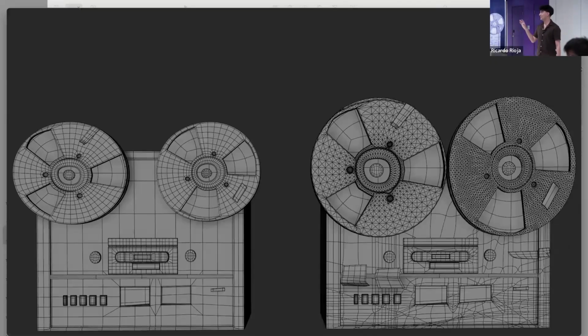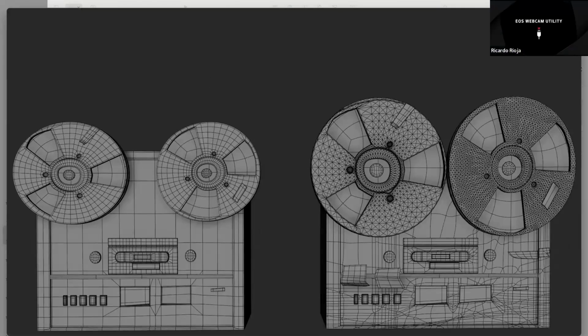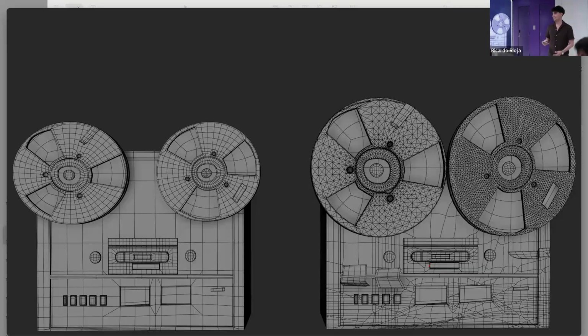So I also wanted to do another activity. If I show you this, guys, which one do you think is better? That one, right? So this one is better. Why? Someone? Clean topology? Something else? The density? Okay. It's not messy. Consistency? No pinching? Okay. Those are all good arguments.